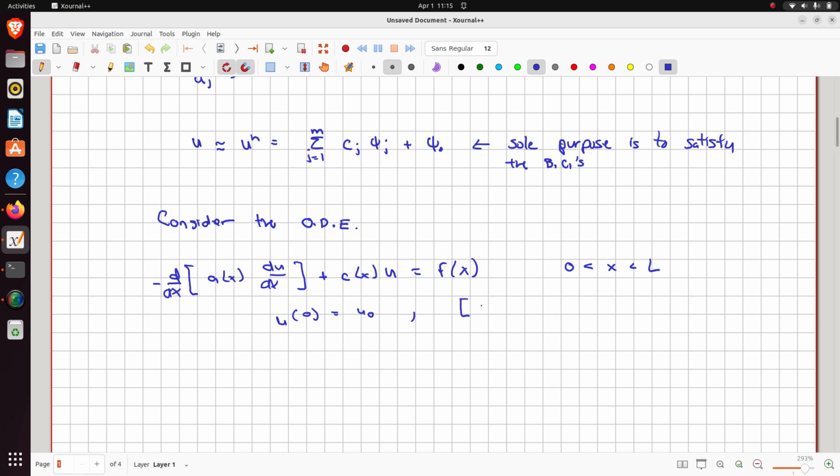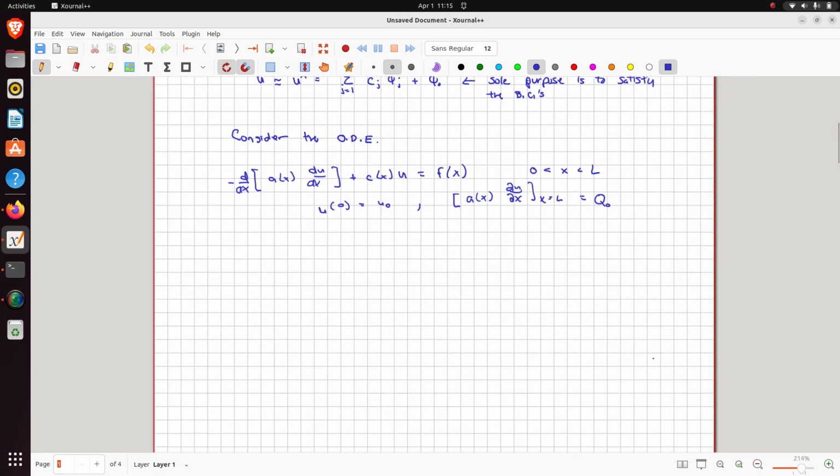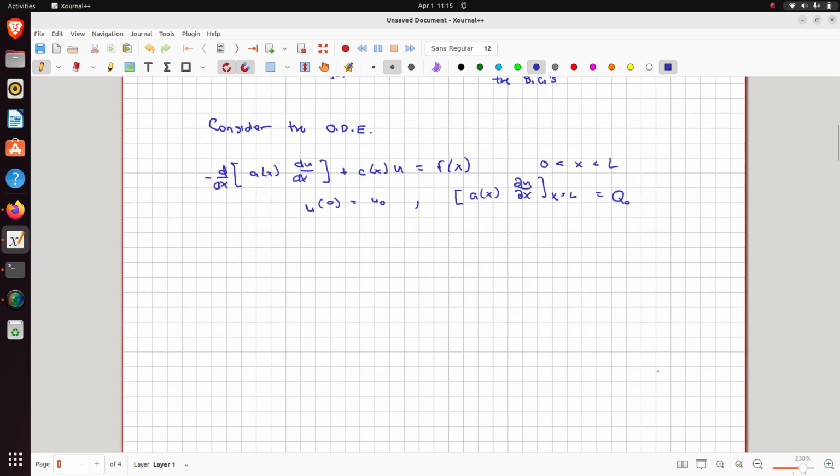And on the other side, on the right side, we'll have A(x) partial u partial x, evaluated at x equal to L. So those are the boundary conditions. This is equal to Q0. Okay? And the reason we're going to work with this kind of generic ODE is because you should be able